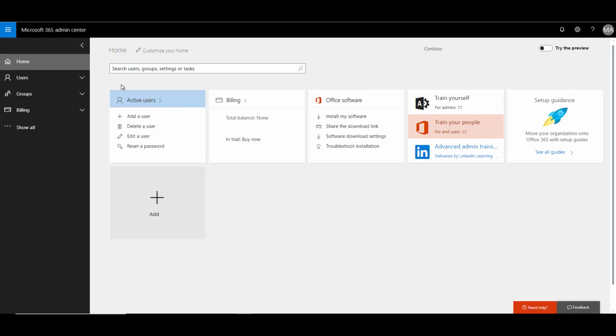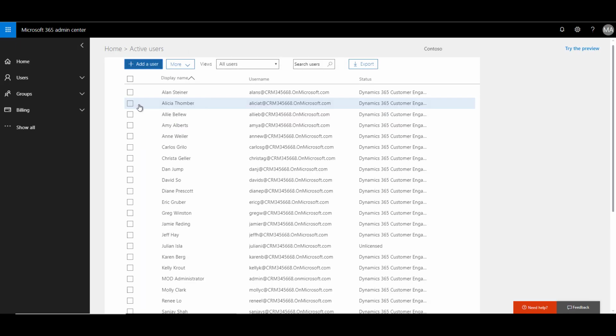Office 365 Admin Center. And then you can check the active users over here. As you can see, there are so many users, because it's a demo environment, and all of them have a Dynamics 365 Customer Engagement Plan license attached to them. That's the reason why they are in the Dynamics 365 users list. So let's go ahead and create a new user. Add a user